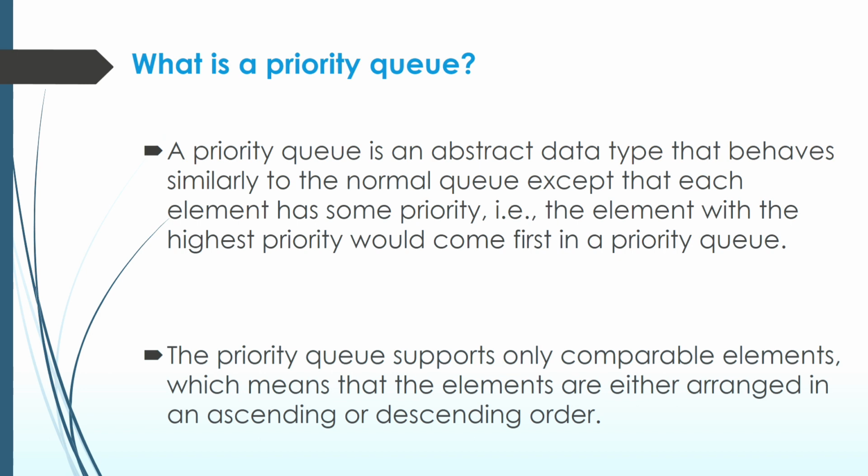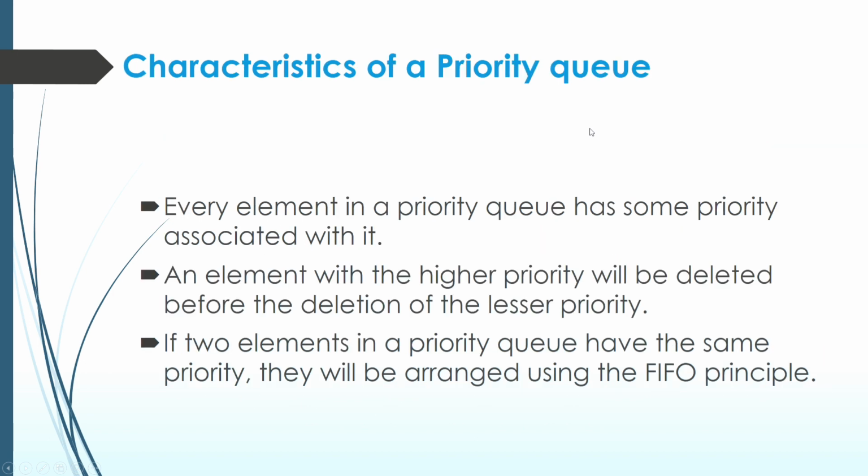So these random numbers are inserted in a priority queue with an ordering imposed on the values, that is from the least to the greatest. Therefore, the number 1, because of its least value, will be having the highest priority, while 22 having the lowest priority because of its highest value, right? So we can say that the characteristics of priority queue are: a priority queue is an extension of the queue that